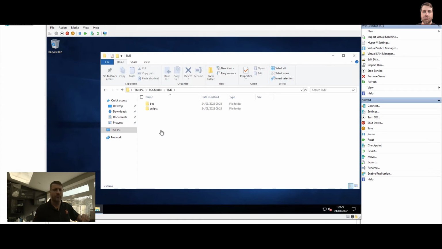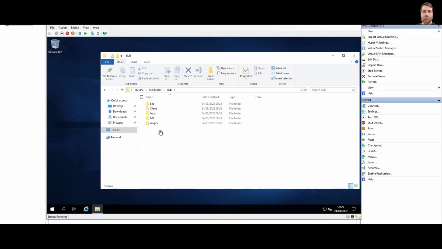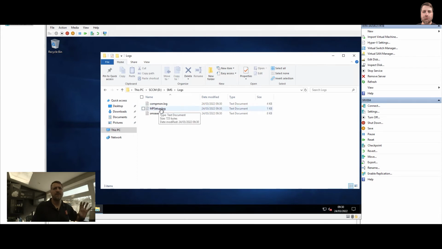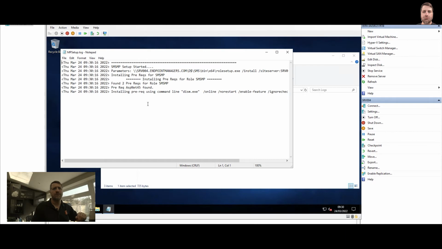Okay, I will be right back with you then. Okay, so something is already happening. If I open the logs here, you can see I have mpsetup.log. This is the log I want to show you guys. What is happening is it has already installed some of the requirements that are automatically installed. But this is opening in Notepad, not actually